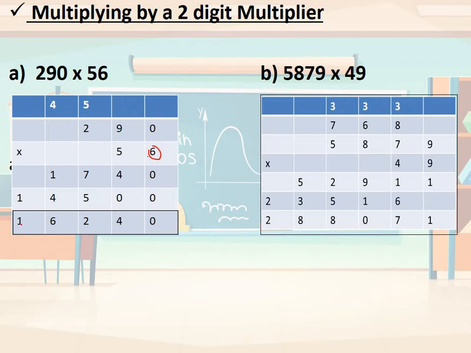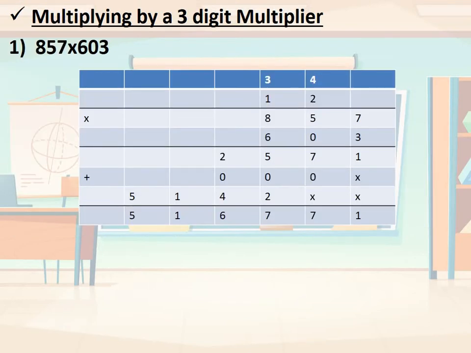Okay, I am talking about this one. This was the 2-digit multiplication. Now the next one is 3-digit. As you did 1, 2, now it is a 3. Write the number. First you multiply 3 with all these 3 numbers. Okay, then 0 with all these 3 numbers, then 6.